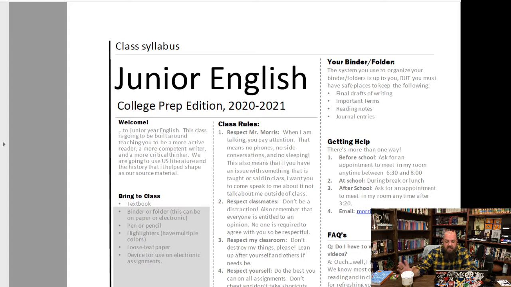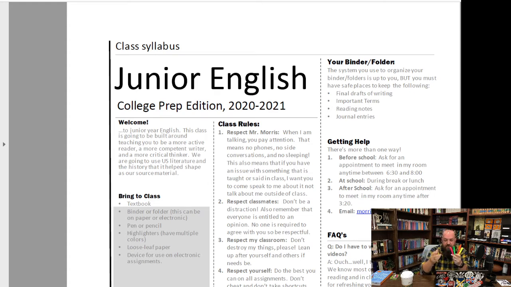Pen, pencil, you can write with anything you want, but bring something to write with, okay? I don't care what you use. You want to use a sparkly, glittery pink pen, that's fine. That's your business. I don't mind that even a little. Highlighters, and I say highlighters, I don't need 12 of these, okay? I need you to get stuff like this, okay?